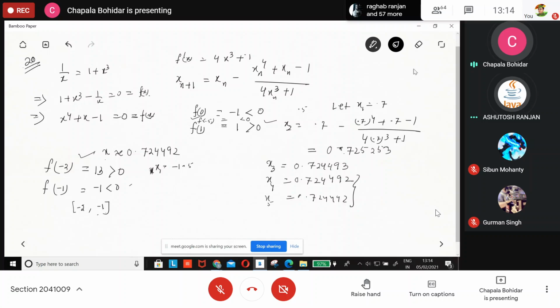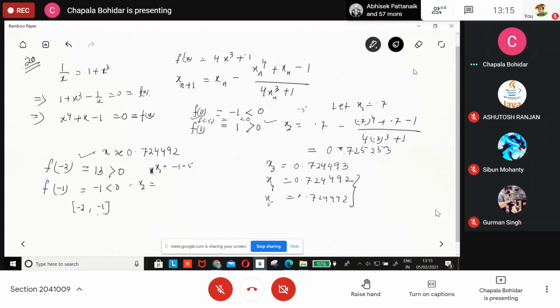No, I am asking you x1 -1.5. What it is, positive or negative? I am asking. Positive, ma'am. It is coming positive. So that means the root lies in between -1.5 to -1. So we start at x1 as -1.5. So if I put -1.5, then x2 is equal to